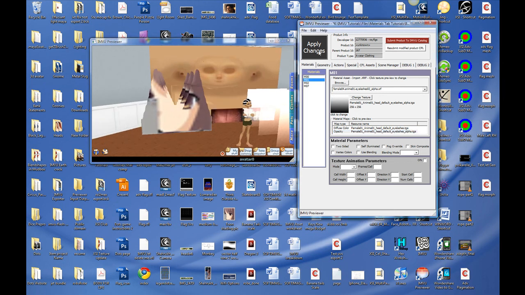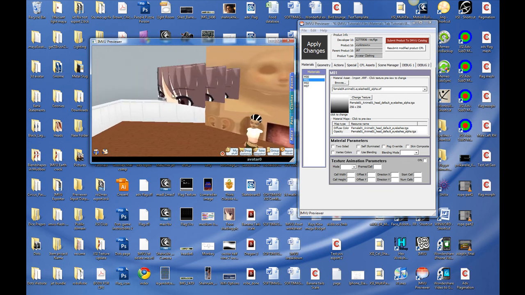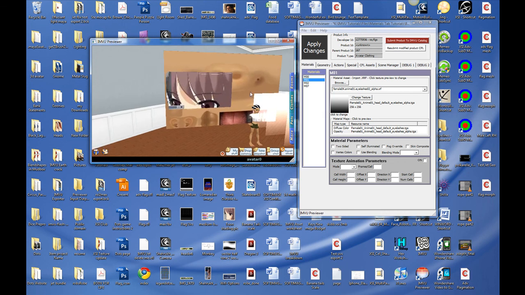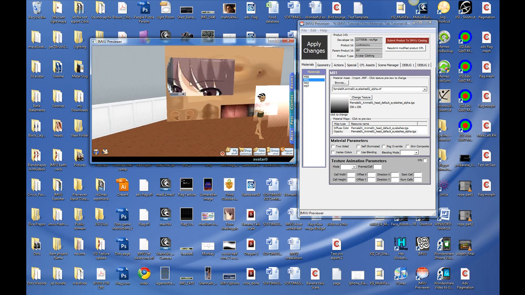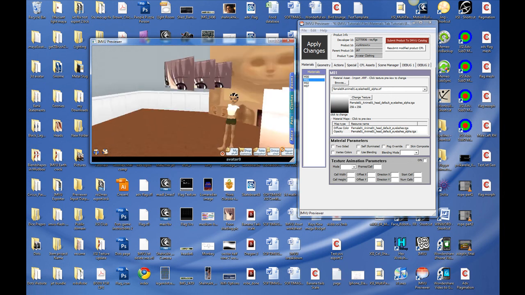And we hit apply, and the issue is, with no blending turned on, IMVU is only going to look at black and white information. So at 0.5, so from 0 to 0.5, that's going to be invisible. And then from 0.51 all the way up to 1, which is white, that's going to be visible. So it's really just an on-off Boolean type of